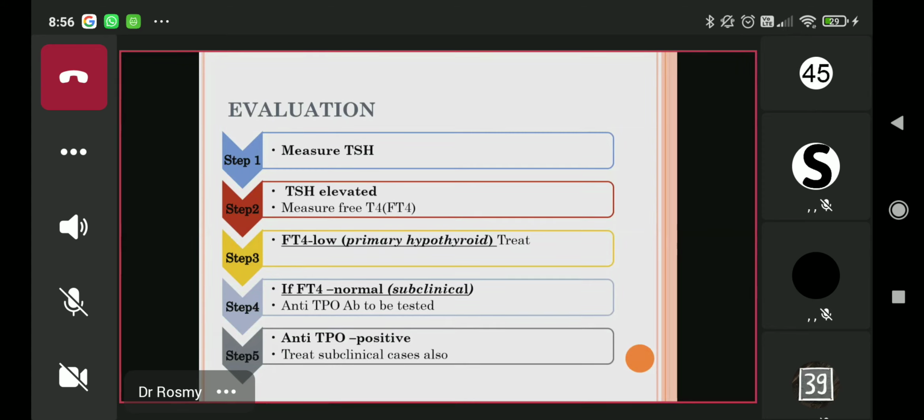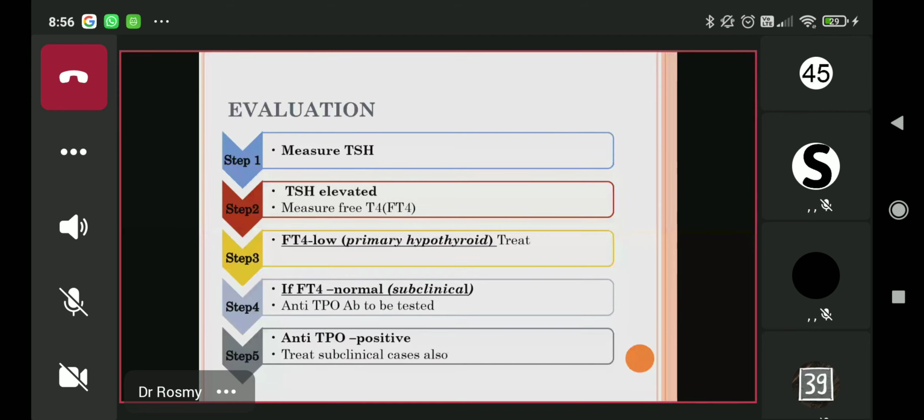Now the next question, the patient will not go away. He will say, "Par ye abnormal hai to aap mera ilaaj karoge?" So that is the question the patient will ask. So now you have to tell him, will you or will you not? In such a scenario, you will go in for an anti-TPO antibody test. If that test comes out to be positive, it means there is an autoimmune phenomenon to it.